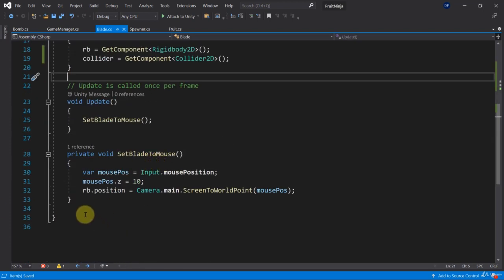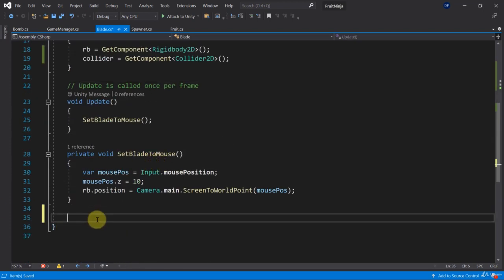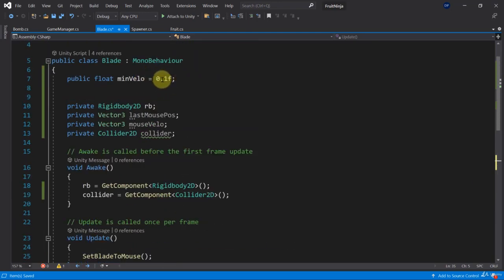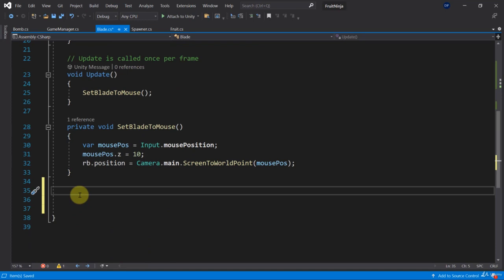Therefore, I will prepare a helper method. So this method, the only thing that it should do is it should return true if the mouse is moving, and it should return false if the mouse is not moving. And by moving, I mean in the sense that we have defined as a movement. So if it moved a certain width or height in a certain period of time, so a certain distance in our display. Okay, so let's create a method that will return a boolean, and I'm going to call this one